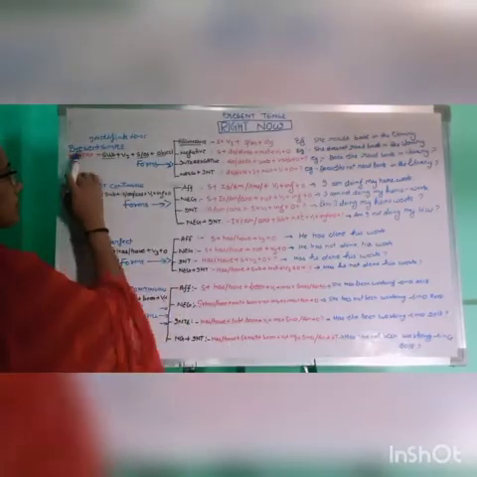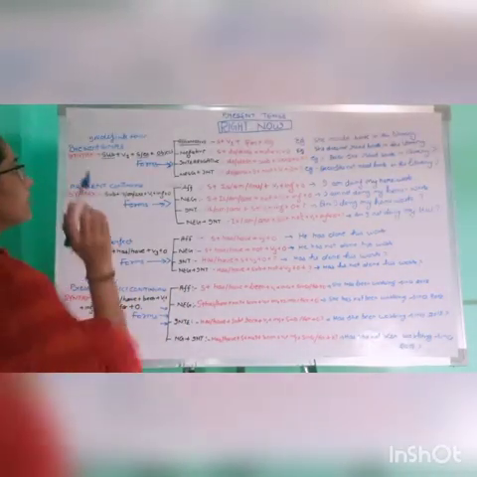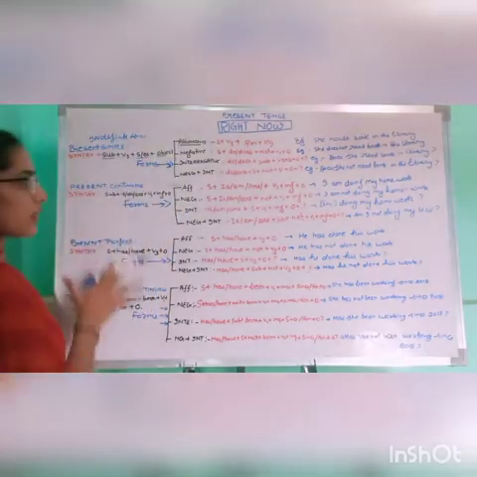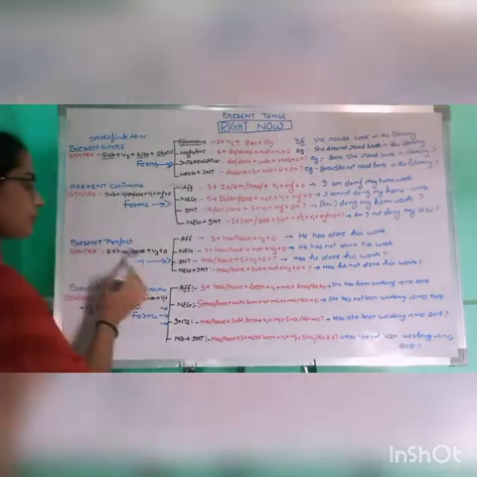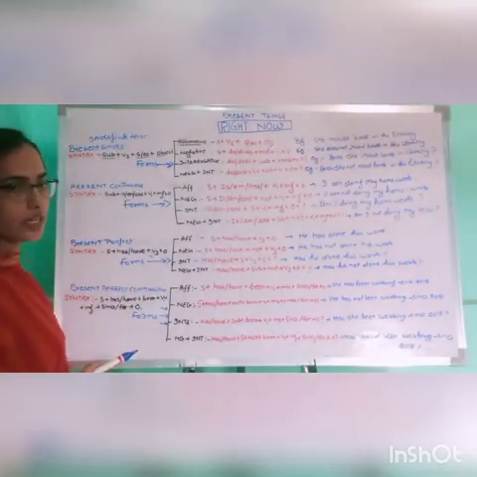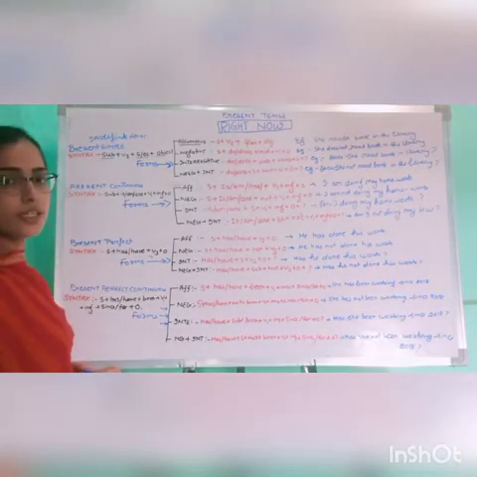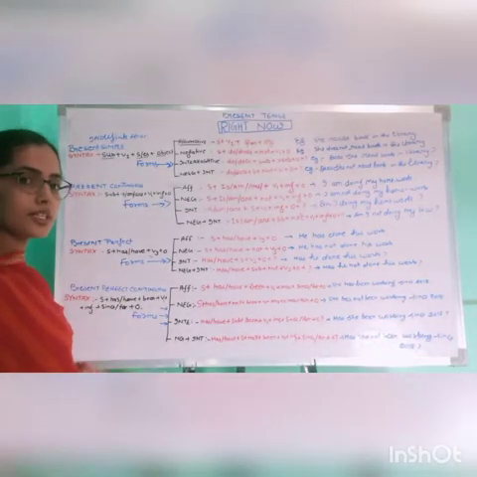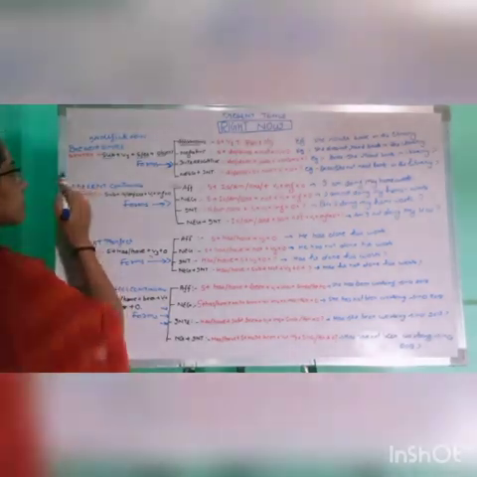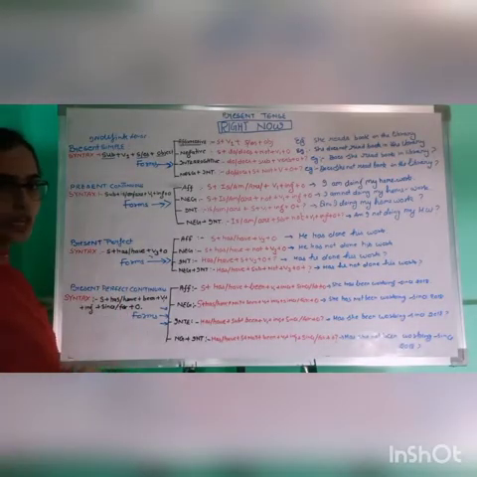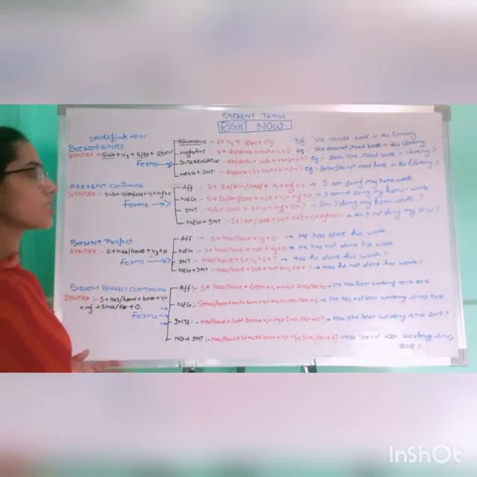Here is the present simple first. I just told you in the earlier video that the present tense has been further divided into other parts, that is present simple, present continuous, present perfect and present perfect continuous, right? Now present simple is also known as the present indefinite tense. Any present indefinite tense is also known as present simple. Here we have the syntax for the present simple: subject plus verb first form plus S or ES plus object.